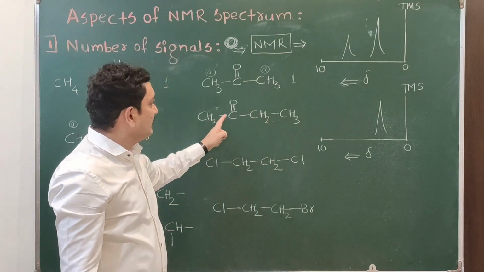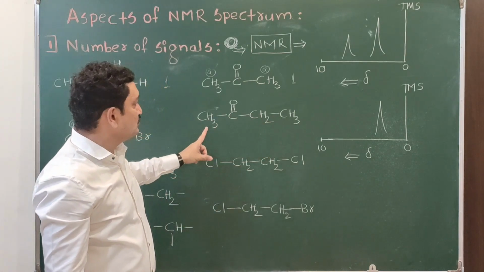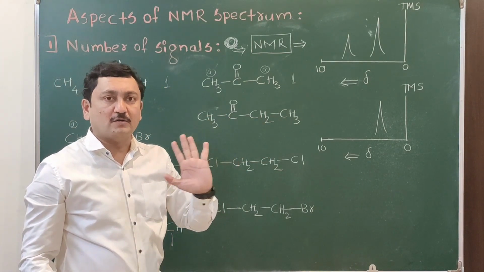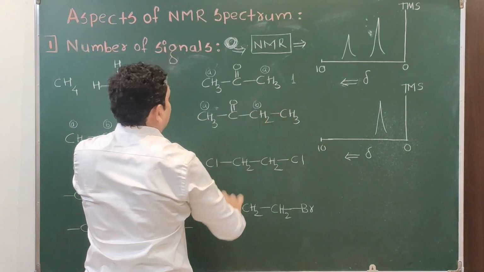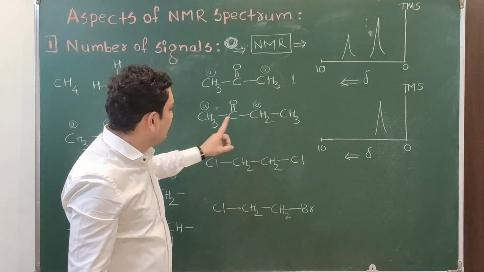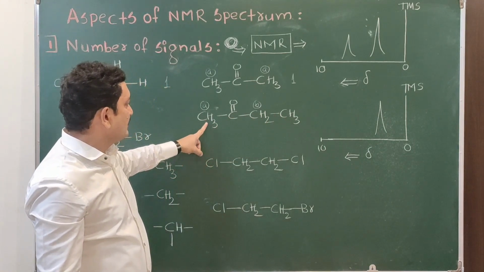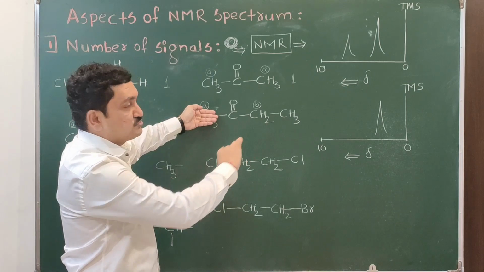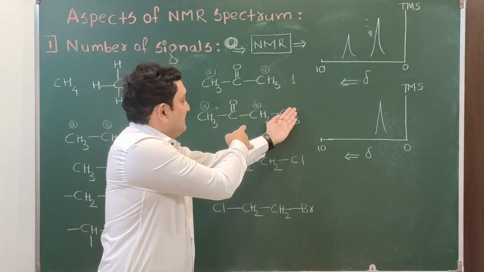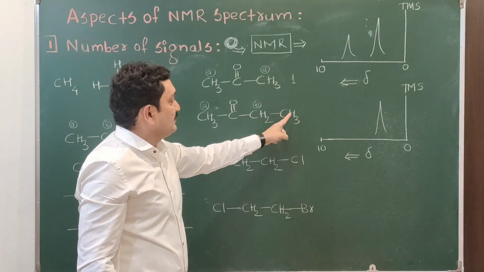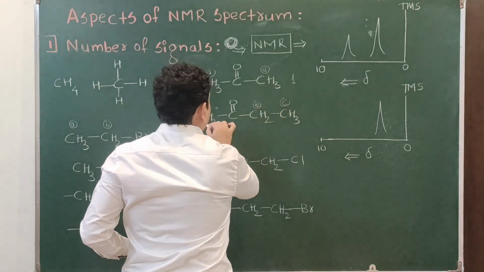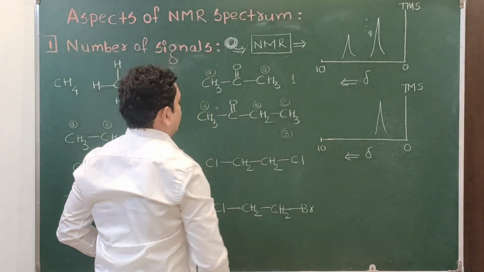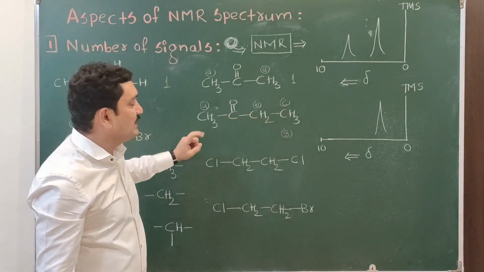That is ethyl methyl ketone. Here there are also two CH3. Whether they are equivalent or not, we have to check. CH3 and CH2 always give different signals. Now these two methyls will give different signals, because the environment for this one is COCH2CH3, and for this one it is CH2COCH3. They have a different sequence of environment, so they will give separate signals. So A, B, C, we are getting three signals here. Means these two CH3 are non-equivalent here.